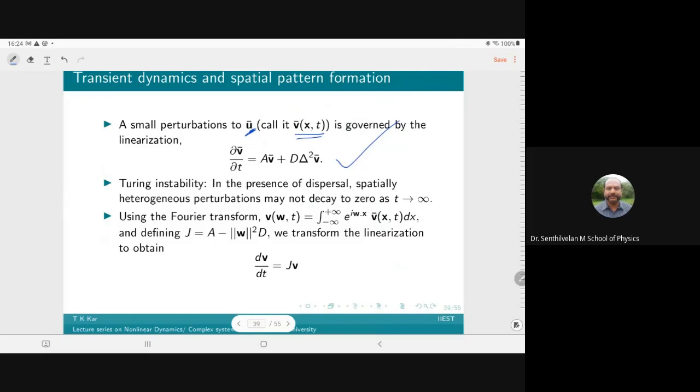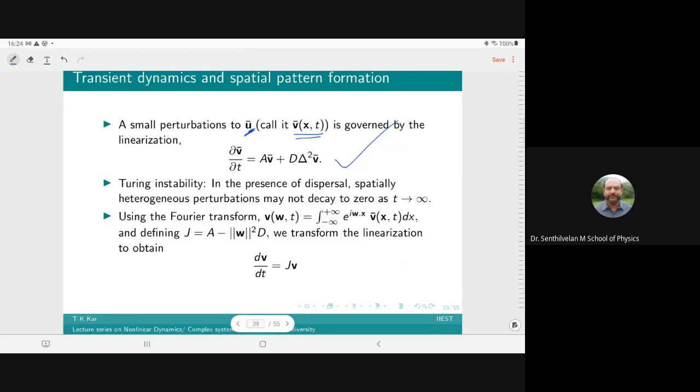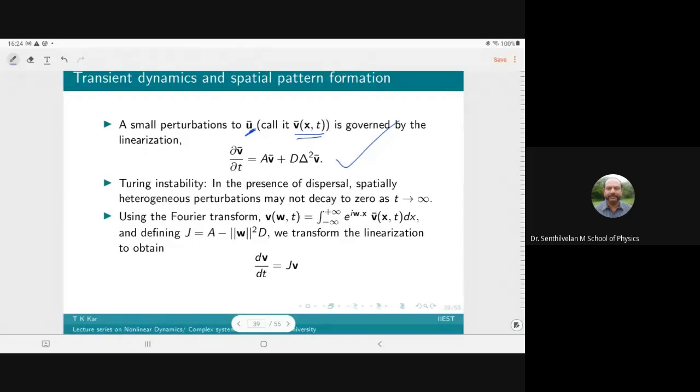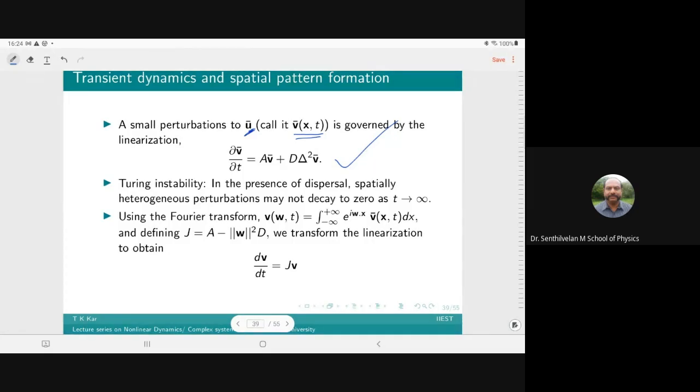And Turing instability occurs when, in the absence of the spatial diffusion term, the dispersal term, the system was stable. But after introducing this dispersal term, a spatially heterogeneous perturbation may not decay to zero. That is, as t tends to infinity, it may not come back to its original position. And if this happens, then this is known as the Turing instability. And in this case, how will you determine the transient dynamics of this system? Because these are apparently two different